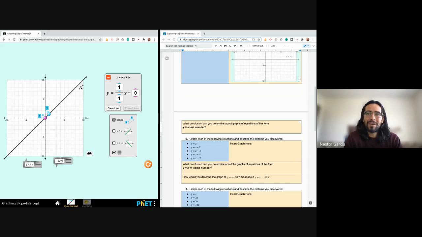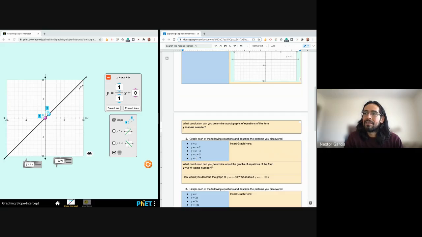Now that you have this equation, remember, you save your line and start moving around either the blue point, purple point, whatever you need to move to create the next set of lines. And once you have those all in place, take your screenshot, insert your graph, and start describing the patterns you notice about the shapes of these lines in relation to one another, noticing that they all start with y equals